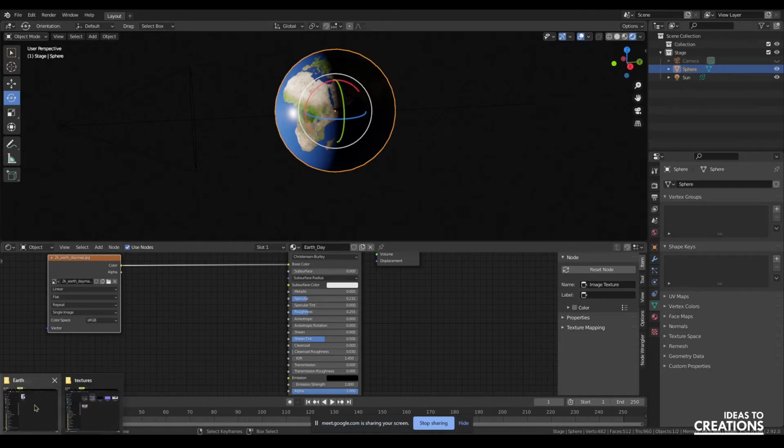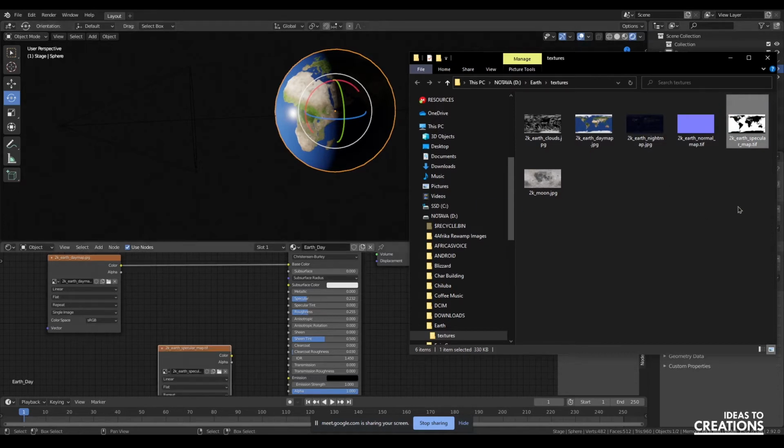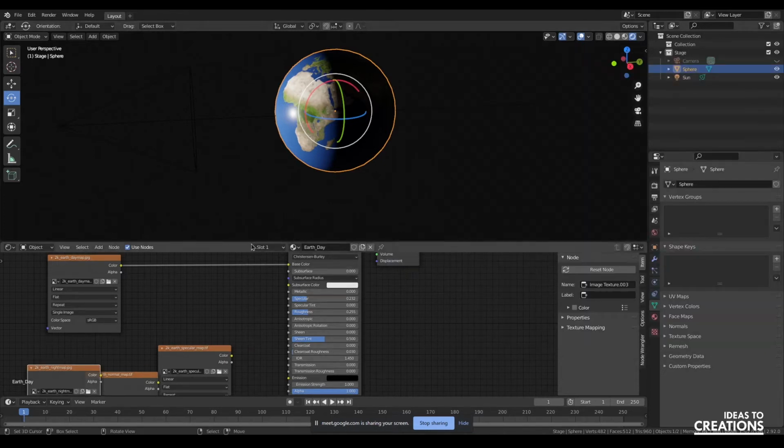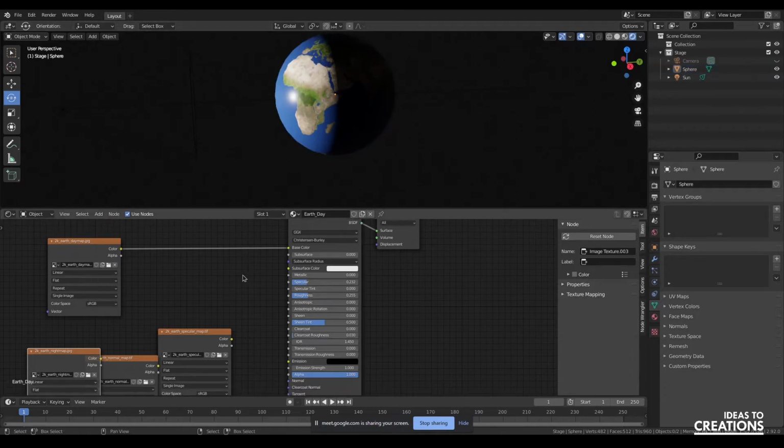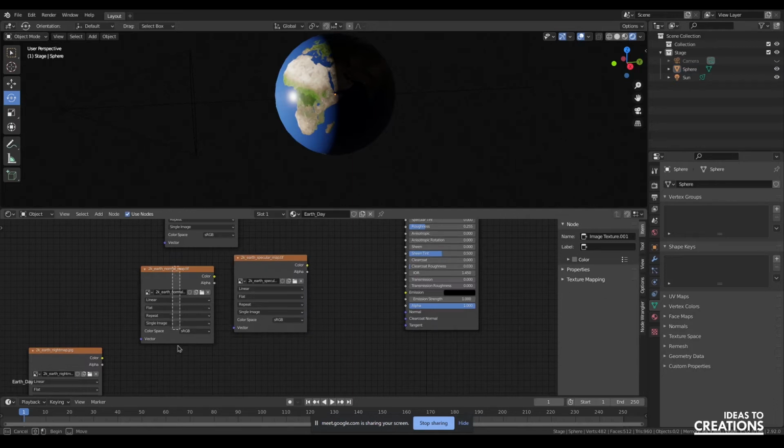Actually, I think I'm skipping a step. We're supposed to be doing the textures first. So we've done the day map. We can add the specular map and the normal map, and we can just have night just chilling there, so we can use it a bit later. So let's arrange these guys